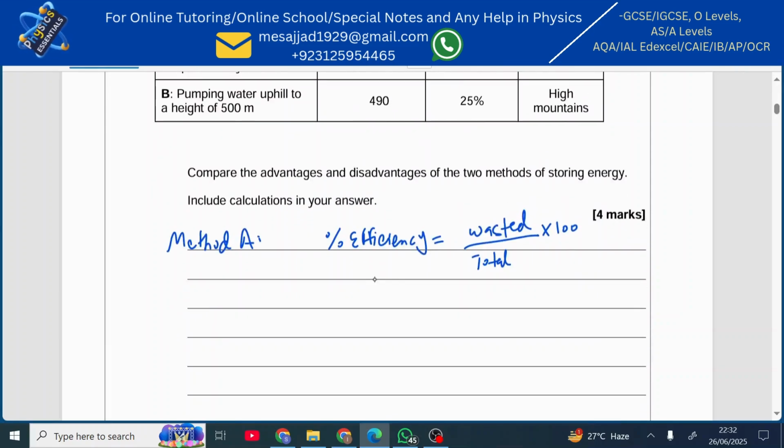So the lost energy for method A is 40%. The wasted amount of heat you have to calculate. Okay, the total is about 33,600 into 100, and from here the wasted amount of energy that we are going to get is